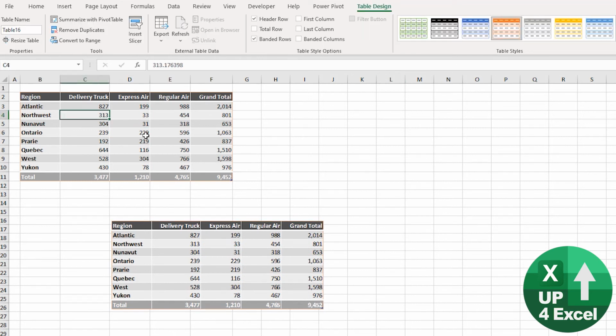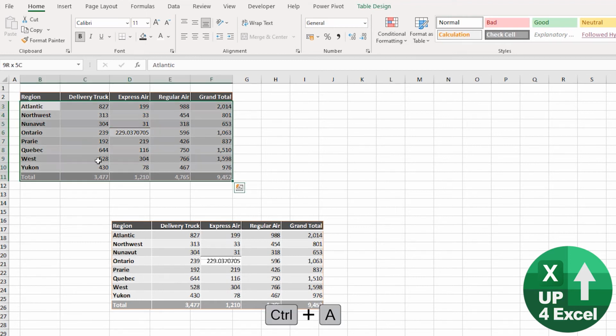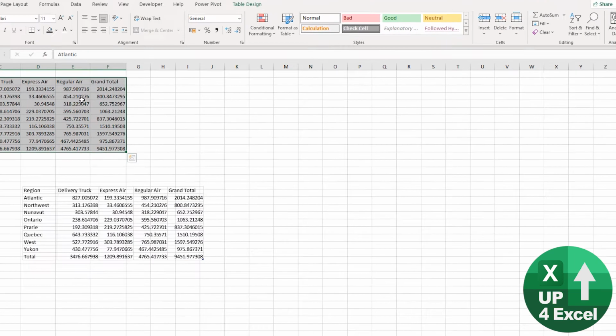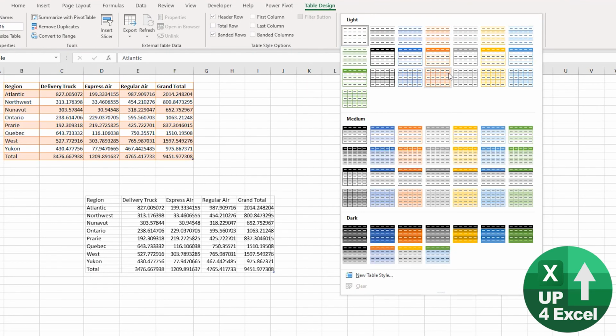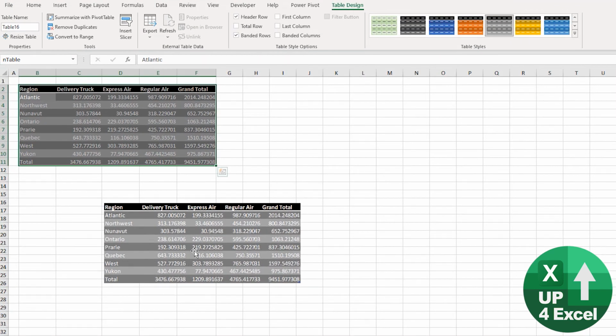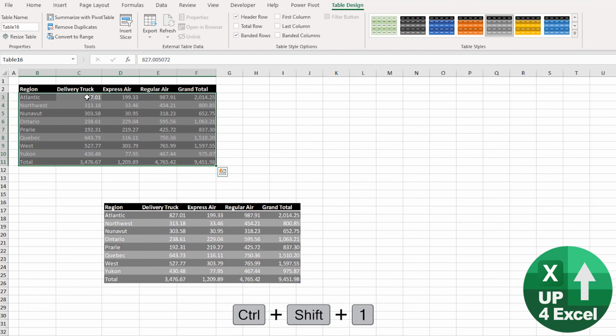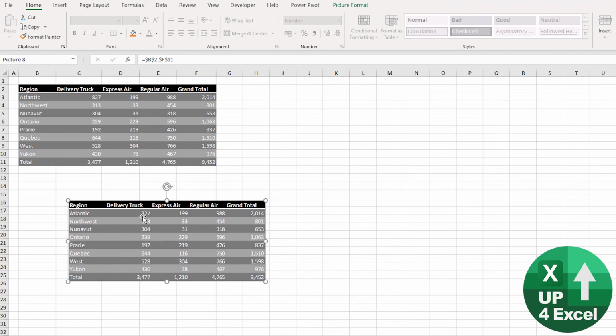It's sort of done something weird, because now I can't seemingly change the format, but actually it's simply that I just need to clear this formatting from here. So if I just highlight all of that, clear the formats, you'll see they come through on there, and then I can apply any kind of table design I want. So let's do something kind of crazy like that. You'll see it's all coming through onto this linked picture. So this is kind of great stuff, really. It's all dynamically linked,